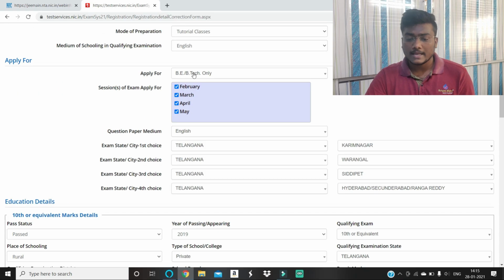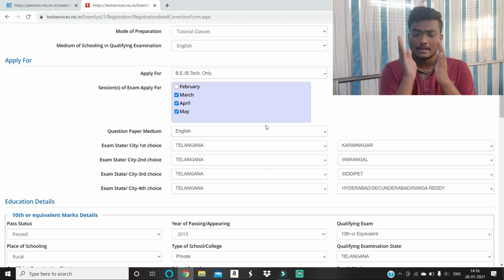Also, this particular candidate has applied for 4 sessions of JEE Mains: February, March, April and May. Say you also applied for 4 sessions and you don't want to give the February attempt. Check this box, and if you proceed, that money will be refunded. Then only March, April, May will be there for you.